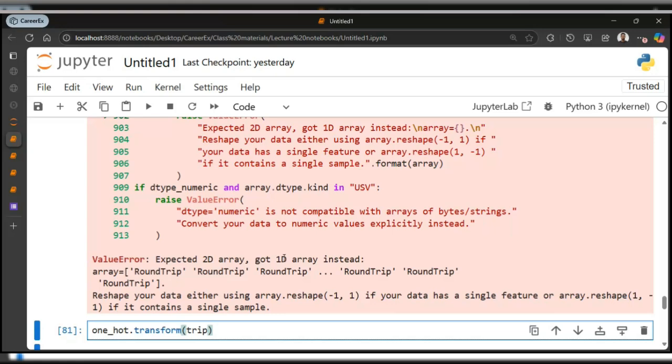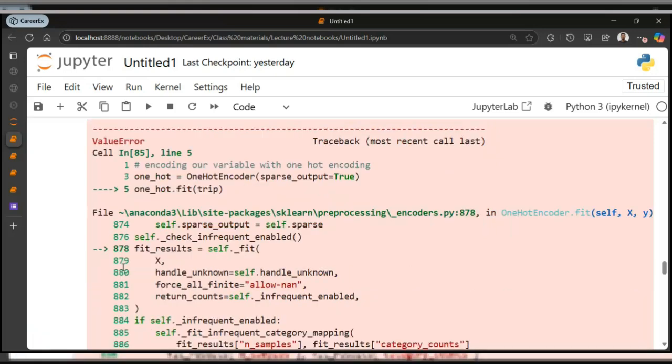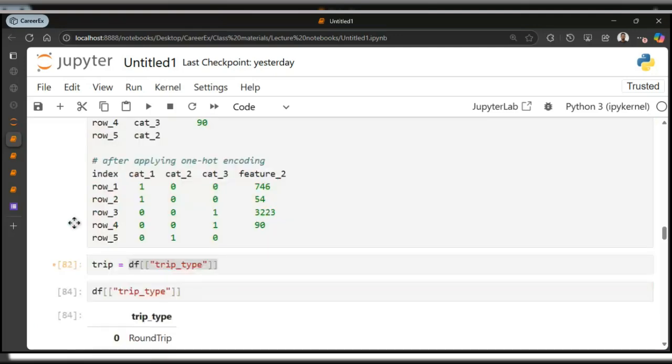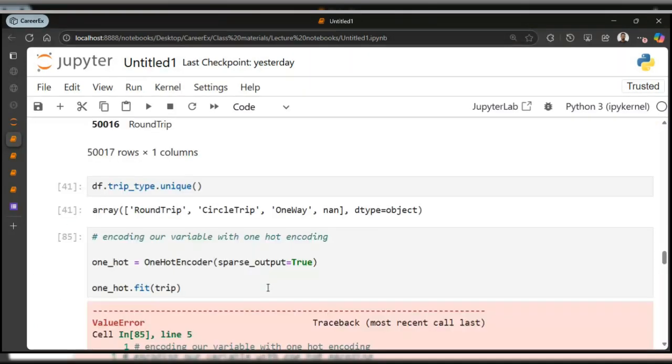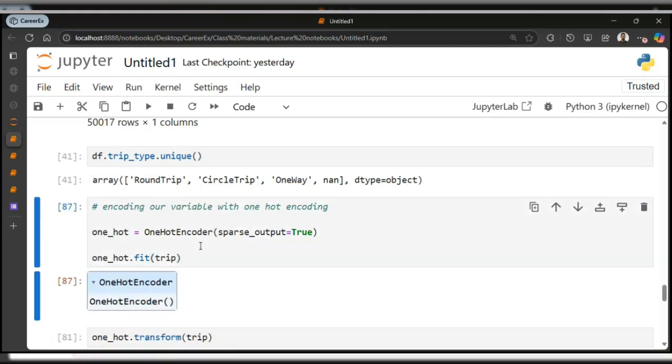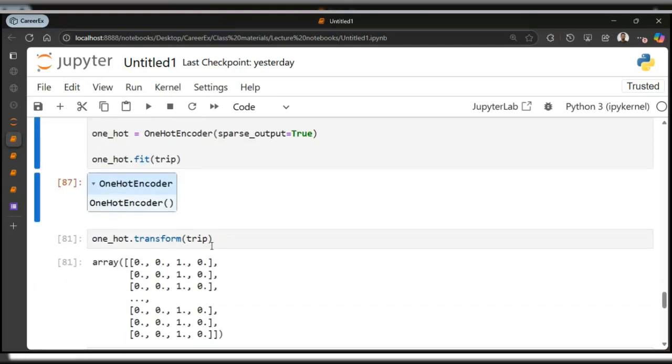I don't think we've run this stuff here, so I'm going to rerun our listing so we don't get any error. So I come here and transform.